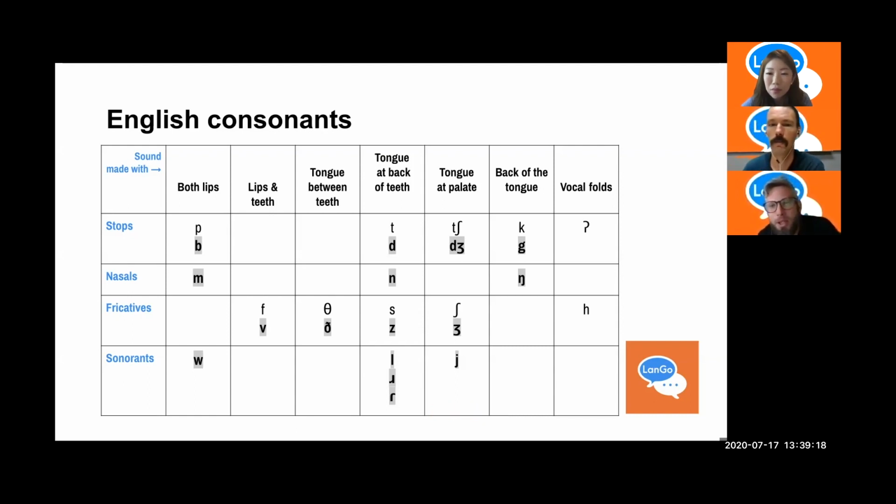Okay, so we're almost done with our consonants going from front to the back of the mouth. And now we're at the back of the tongue, the velar sounds. And we have K and G and something called angma. And this is in words like king and sing, right? We're going to talk about angma and glottal stop, and H at the same time, actually. So our final one is the glottal section, the vocal folds. And the first one is glottal stop, which we've discussed as wa'a in Hawaiian and uh-oh in English.